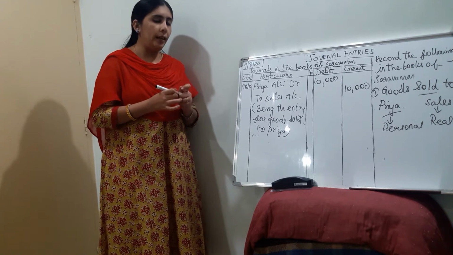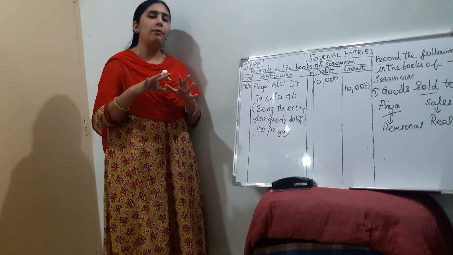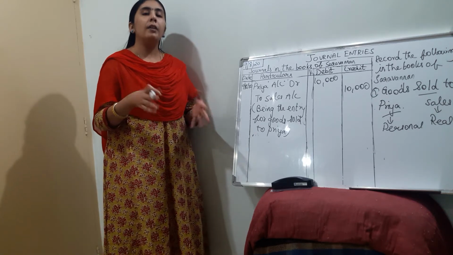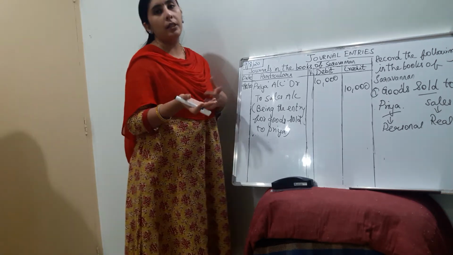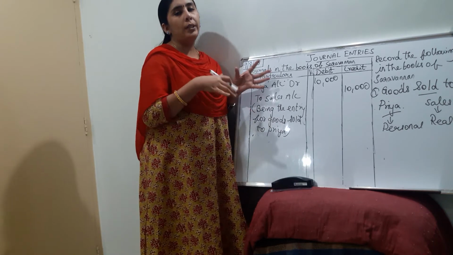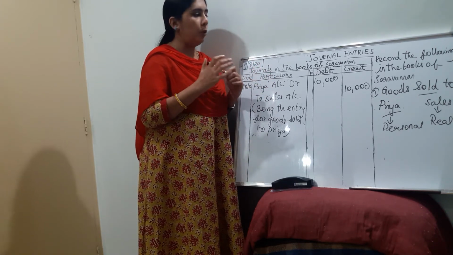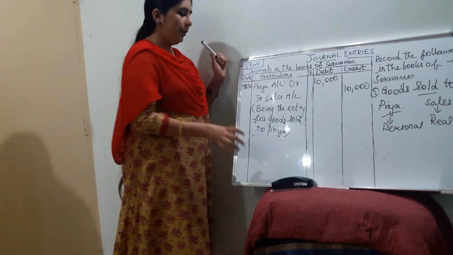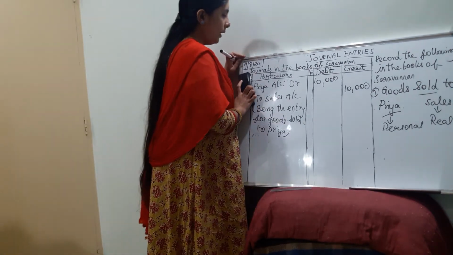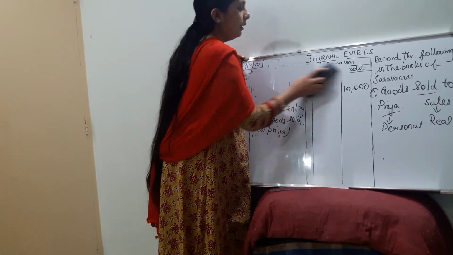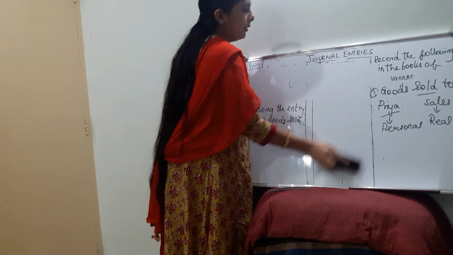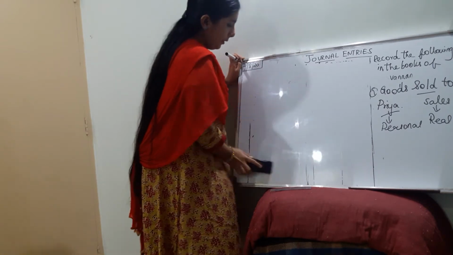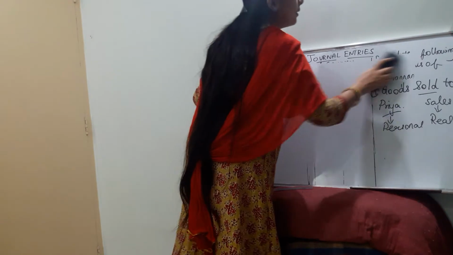Okay, so this is regarding the purchase of goods on credit from some person, or the goods sold to some other person on credit. If the name of the person is mentioned, then you have to approach the transaction this way. So this is regarding the purchase and the sales account. Now we are going to see a new concept based on this, that is about the purchase return and the sales return.